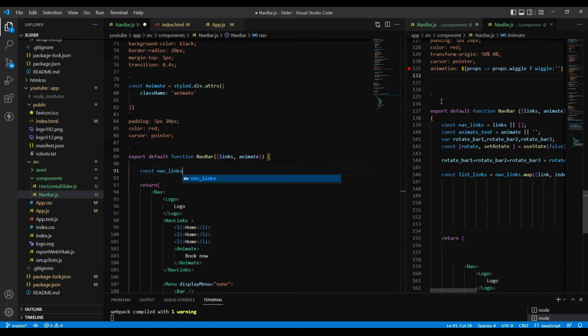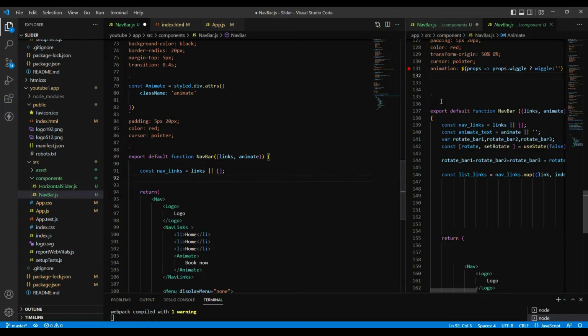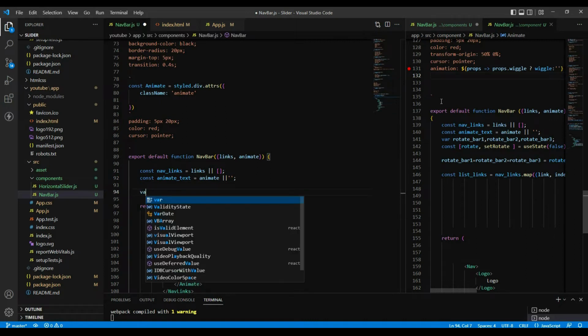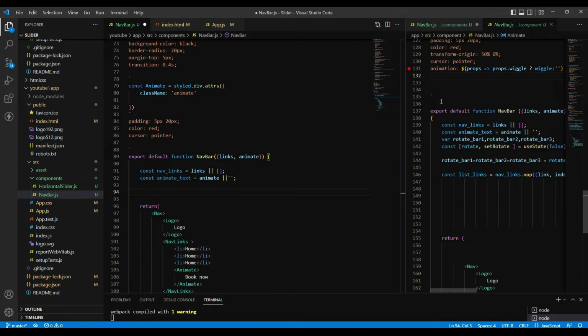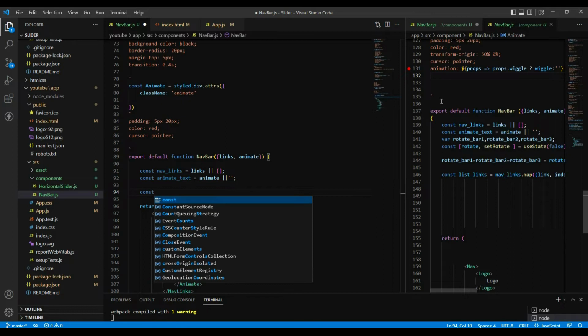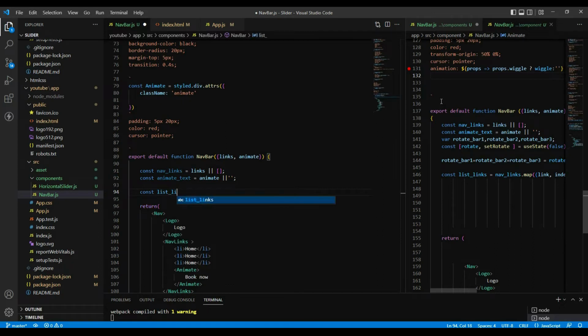I'm just going to assign them to new values, so it makes more sense. I'll just say nav links equals links, and if there's none, just make it an empty array. And then we do const animate text, so just say animate. If there's none, just make it empty. Then I did this. That's for the rotation of the menu bar. Okay, let's just focus on making this more dynamic, the links, right? So now I'll do const list links, so equals to nav links